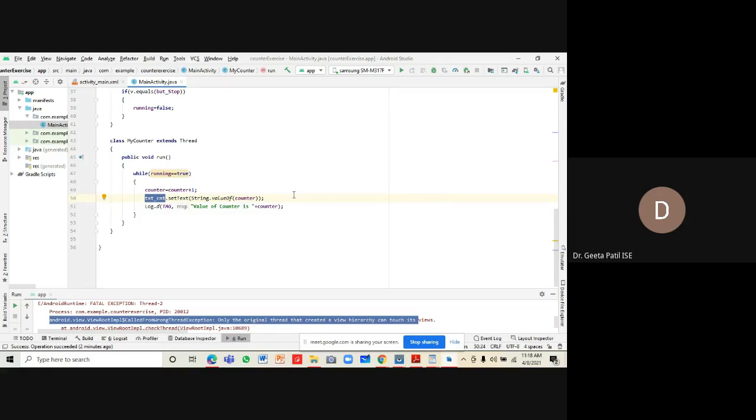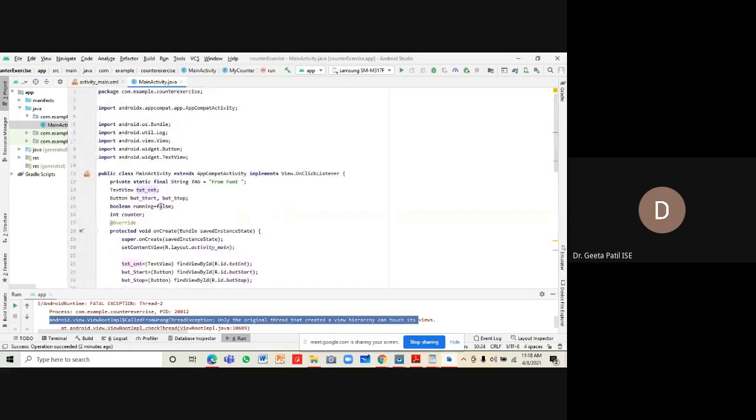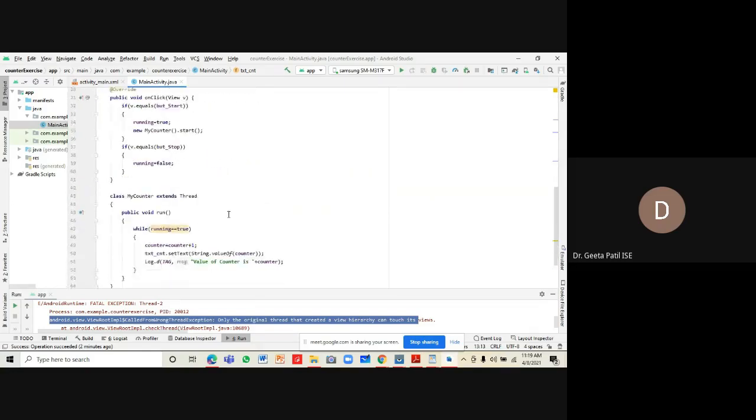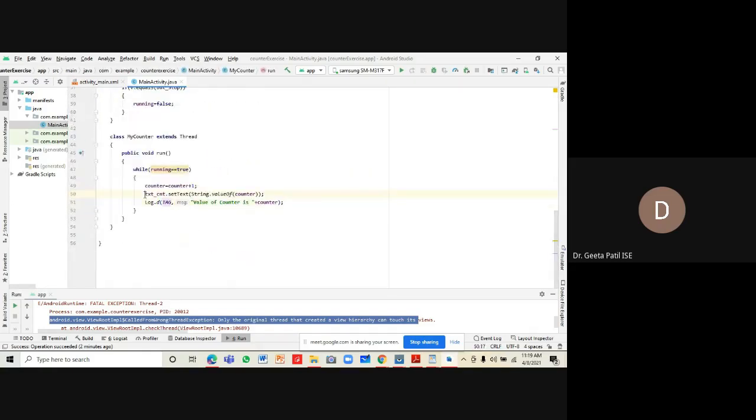touch this view. So where is this view created? It is created and linked in the main activity function. That is why it cannot be labeled over here. It cannot be touched over here. That is what the error message meant. When it comes to the view, we cannot touch the view.